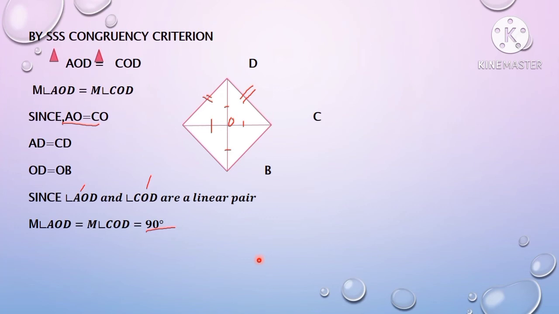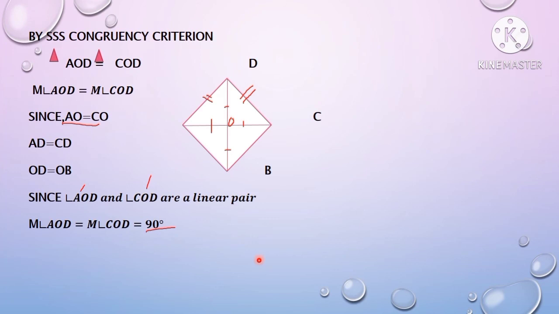Since AO is equal to OC. Look at here, AO is equal to OC, or we can say AO is equal to CO. Therefore, we can say AD is equal to CD because we know in a rhombus all the sides are equal. So AD is equal to CD. And we know OD is equal to OB. This is also equal. Equal half, right? This is also equal, these two sides also. So we can say,